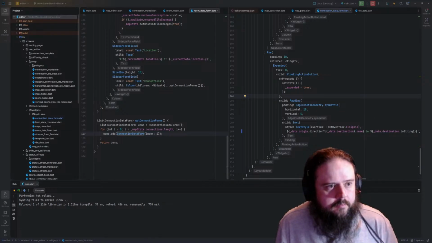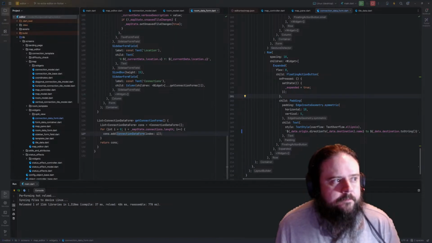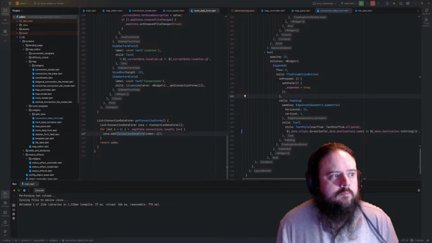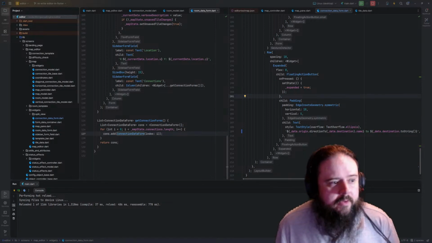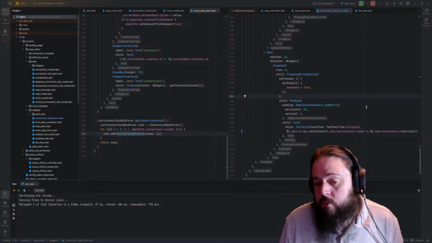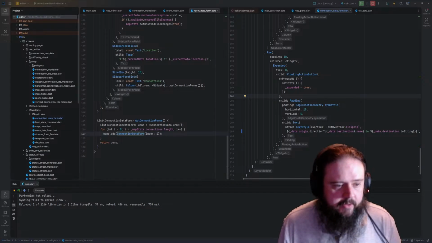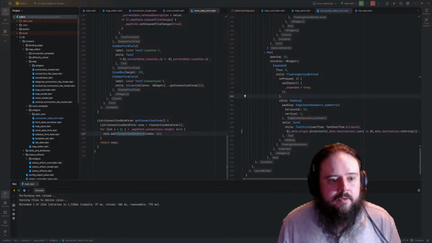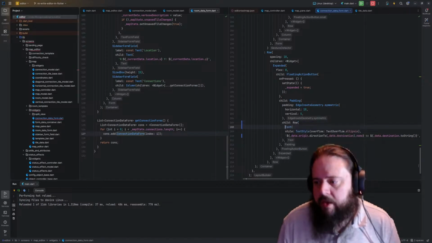No. There is an icon button, but that's still not quite what I want. Okay. If there's no built-in method to do what I want, then what happens if